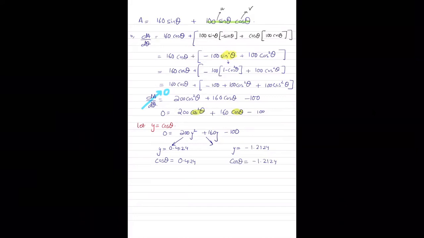Now, please understand that cos theta can never be below -1. So if you even try to solve this, you are not going to get any solution. Your calculator will not give you any solution from here. Also, please convert your calculator in radian mode to solve this. Now, cos theta is equal to 0.4124. Cos theta ratio is positive, so I'm going to decide the quadrant in which cos theta is positive. It's in the first quadrant and in the fourth quadrant.